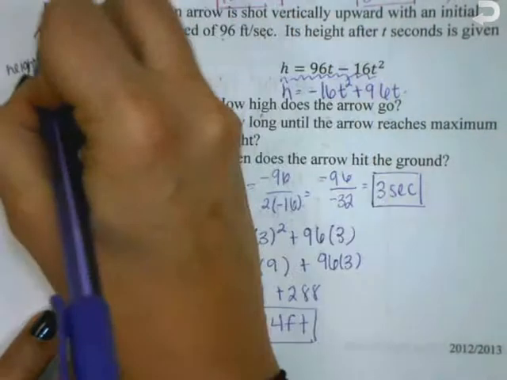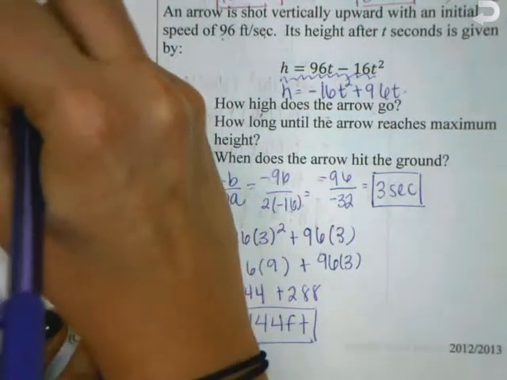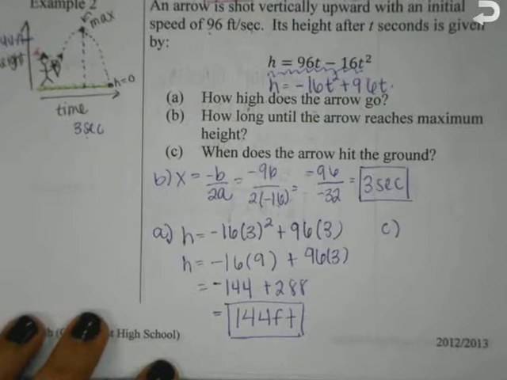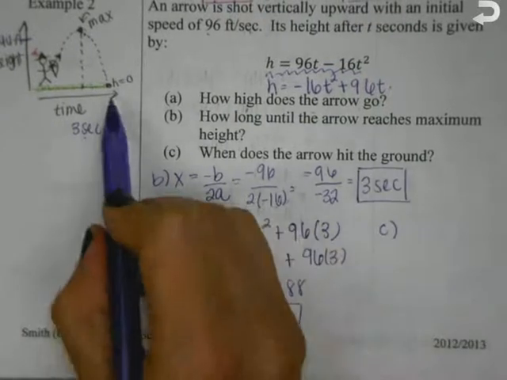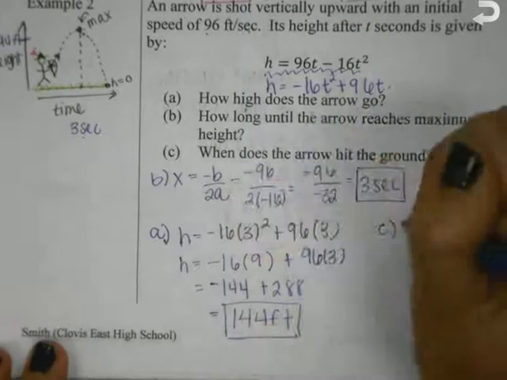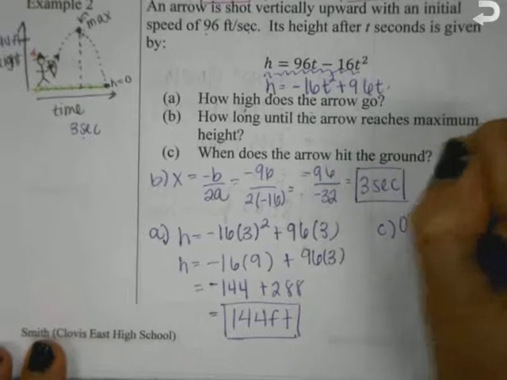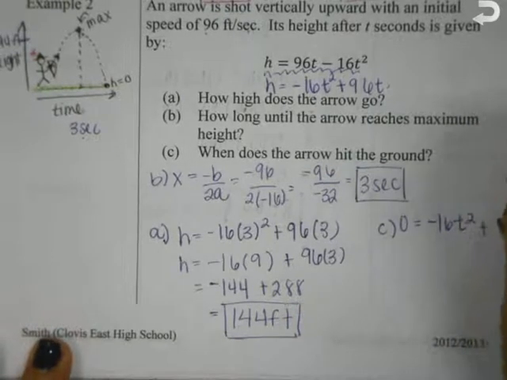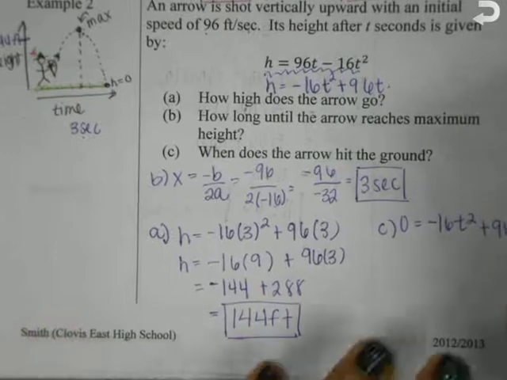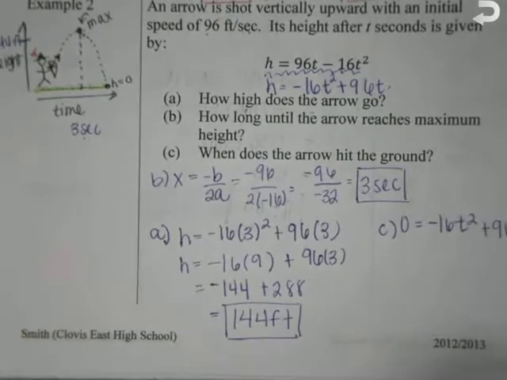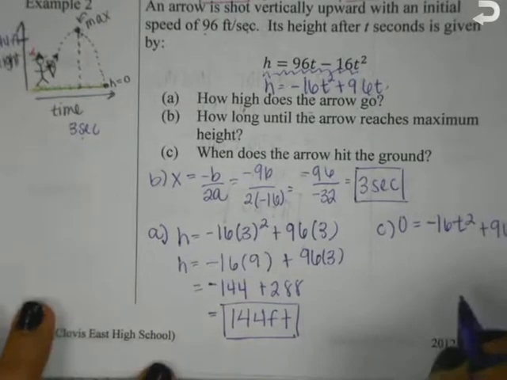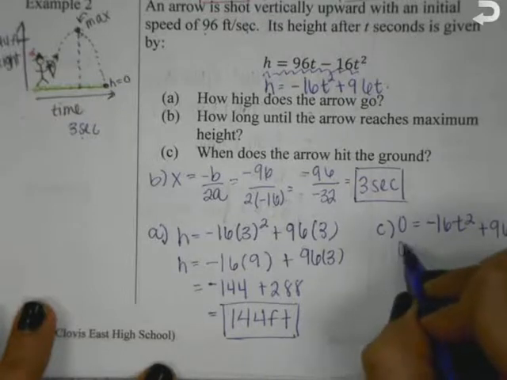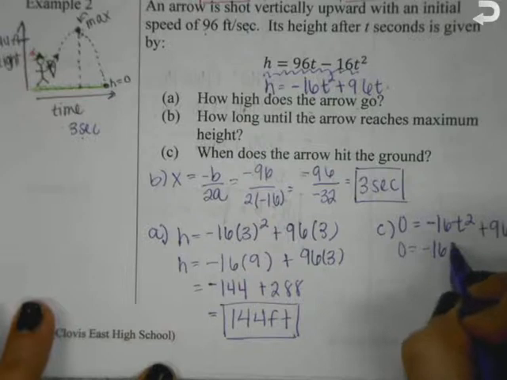So then part C asks me, when will the arrow hit the ground? So that's when is the height equal to 0. So I'm going to plug 0 in for h. So 0 equals negative 16t squared plus 96t, and I need to factor that. I have a GCF of 16t. So let's pull out 0 equals negative 16t. I'm sorry, my GCF is negative 16t. And that is going to give me